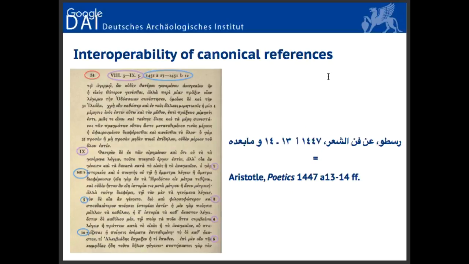It's not logical, it's a specific printed edition that has been taken by scholars as a reference and then becomes a canonical citation scheme. But since new editions always refer, at least in the margins, as you can see here, they provide multiple canonical citation schemes, then these schemes remain somehow fixed and it still works. So I think that's a huge potential that we can exploit.